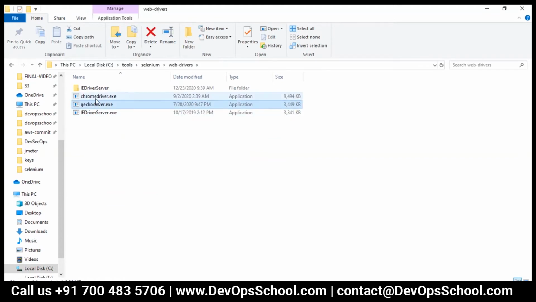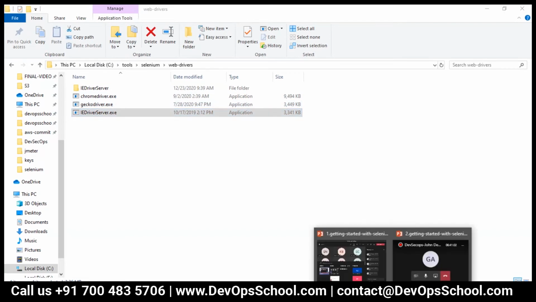These are the Selenium WebDriver executables. I downloaded them from different sources. I hope you remember in the slides I had kept different sources. You can search in Google something like Selenium Chrome WebDriver or Selenium Firefox WebDriver, or Selenium IE driver, so directly it will take you to the download page. So that is a WebDriver.